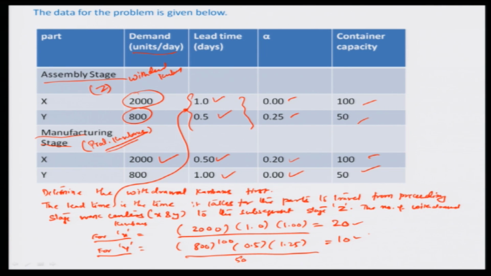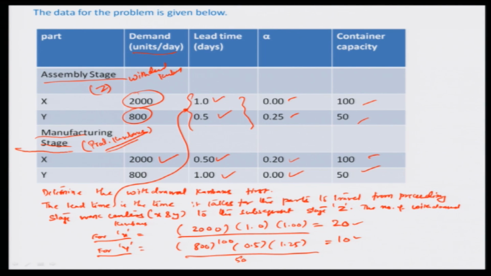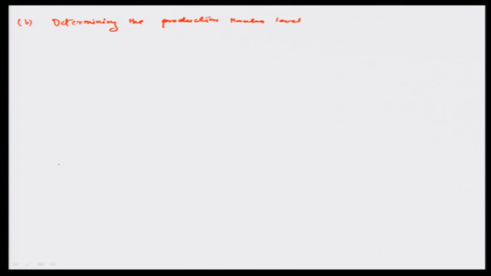So, now we determine the production Kanban level. So, let us say part B, determining the production Kanban level, meaning thereby we need to use the values towards the lower part, the manufacturing stage part of the table. Okay. And here for the lead time, there exists a similar definition. So, we call that the lead time for the production Kanban